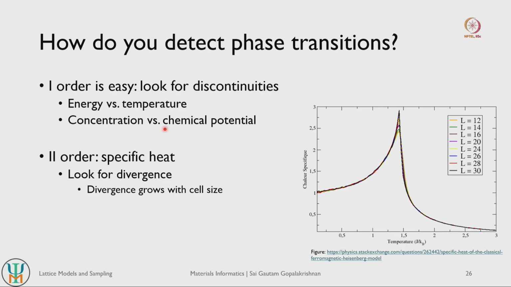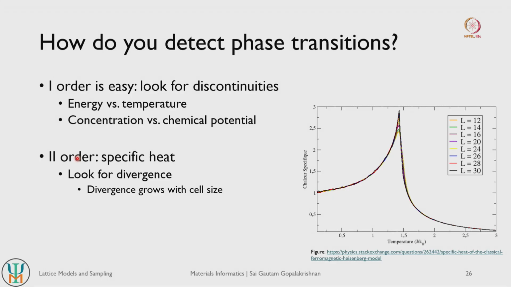In your concentration versus chemical potential, you will actually see a step, right. So in first order, this is actually fairly easy to detect phase transitions. Second order is the more difficult version, because in second order transitions there is a discontinuity in the second derivative of the thermodynamic potential. So for Gibbs energy or Helmholtz energy, that is the second derivative